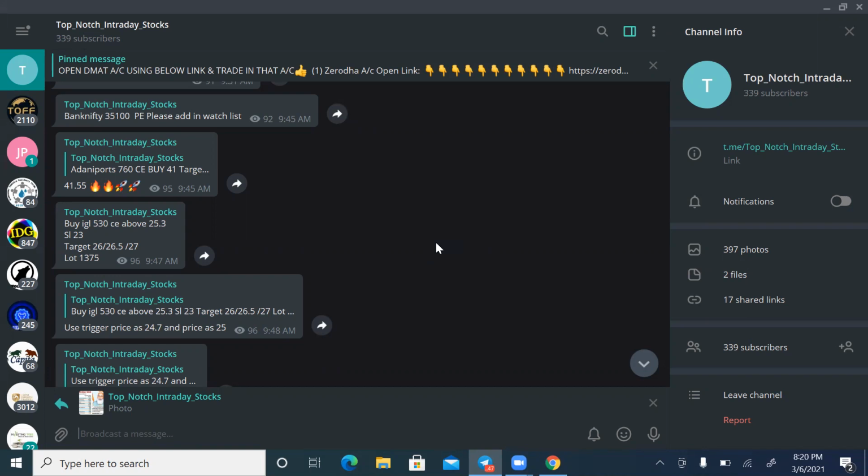So whenever we are mentioning some SL, just maintain a little more than what we mentioned, or also you can stand on the point where we are mentioning as SL. But don't worry, because most of the time Bank Nifty and Nifty come down easily for 30 points, 20 points, and get the SL hit. Okay, so don't worry about that one. You can recover that money in other trades.